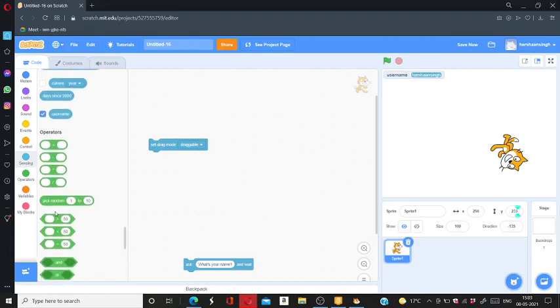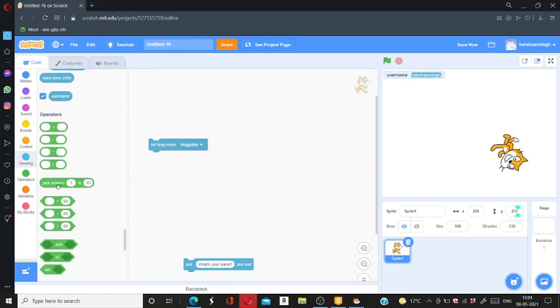Operators are very common. It is the plus operator, minus, multiply, divide. If you don't know, this is the plus, minus, and this is the multiply, this star. If you press shift and 8, this star will come. And this divide is at the left of the right shift. So this is divide in the coding languages.